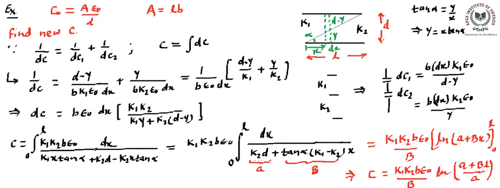A is k2 into d, we can substitute there. Moreover, tan alpha is not given to us. So we can say tan alpha was y by x. If we take this tan alpha in a bigger triangle, tan alpha is going to be equal to d by L. So finally we will replace tan alpha by d by L. Then our answer will be in terms of L, d, that means in terms of these numbers L, d, epsilon naught, and k1 and k2.